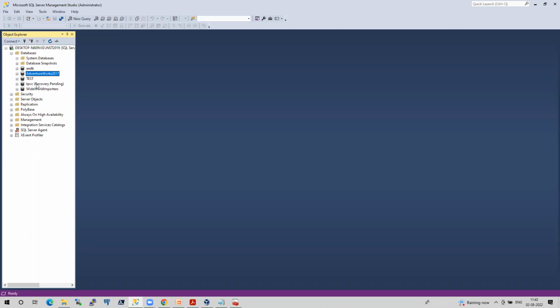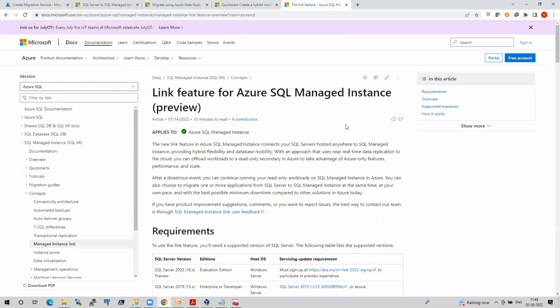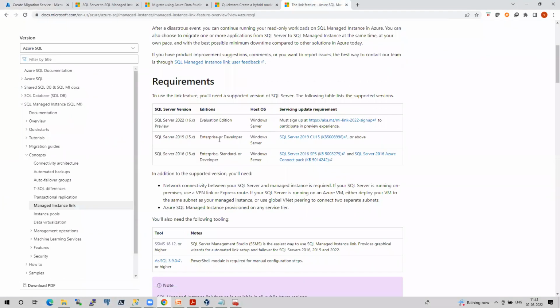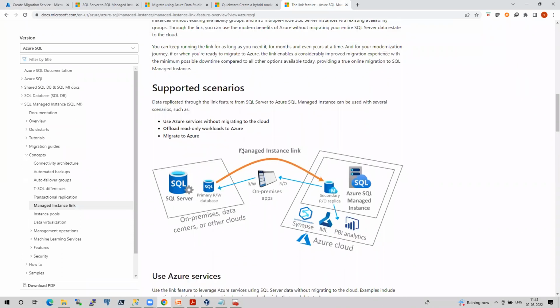You mean from different MIs, would it be possible to do this option? Yeah. I need to check that. Once this MI gets created, I will connect to my MI machine and see if that option is available. I think technically it is not possible. If you see the scenarios here, they just specified it for on-prem.